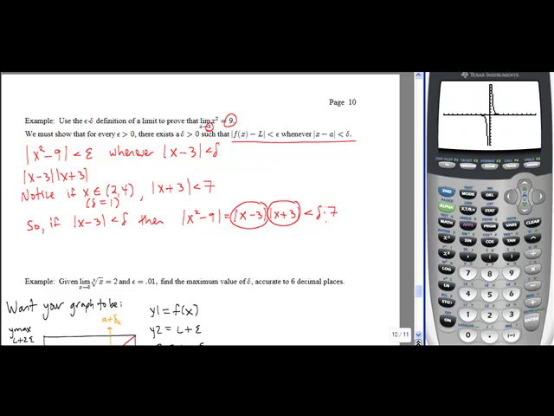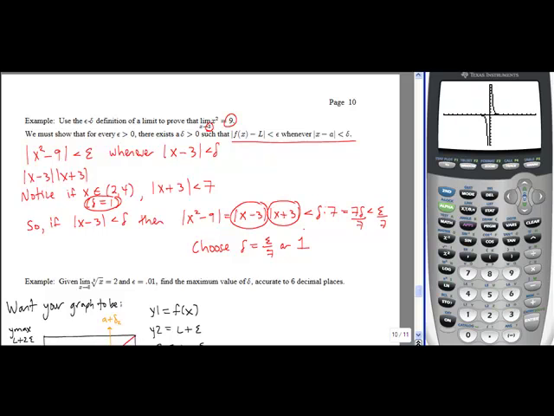So if we multiply those two together, then this becomes 7 delta. So what should we choose our delta to be so that this is less than epsilon? We need our delta to be epsilon over 7, so we're going to choose delta to either be epsilon over 7, or it could have been that 1